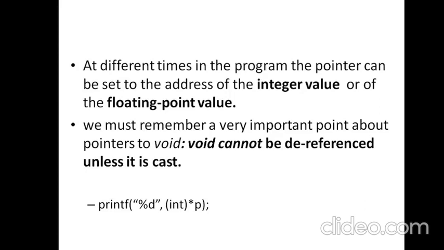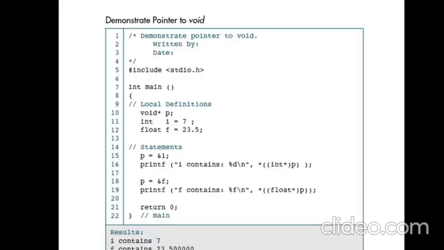So this is the idea of a generic pointer. A generic pointer is basically a void pointer, declared with the keyword void without any specific data type, and at different times in the program it can act as a pointer of different types. As if we have created multiple pointers, a single pointer will act as different pointers. This is just an example of the same, which I have already given: you can declare a void pointer and assign any data type.